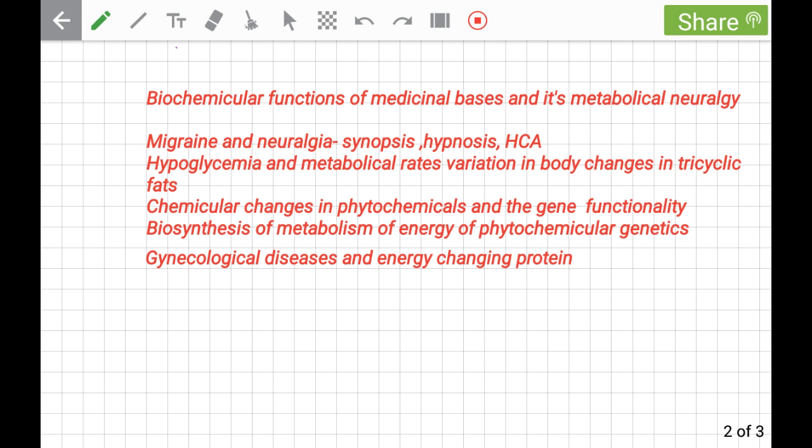So energy is being changed into PAR proteins, and energy is divided into alpha particles and beta particles, and have a diverse class of gamma by glutamyl states. So gynecological diseases are the diseases which are sexually spread in our body in women,